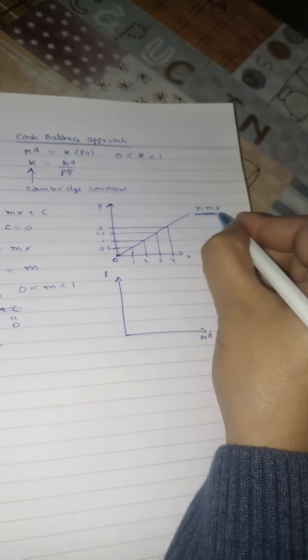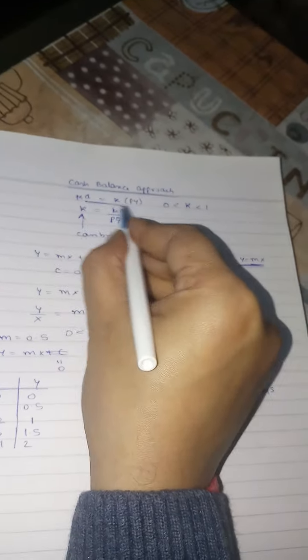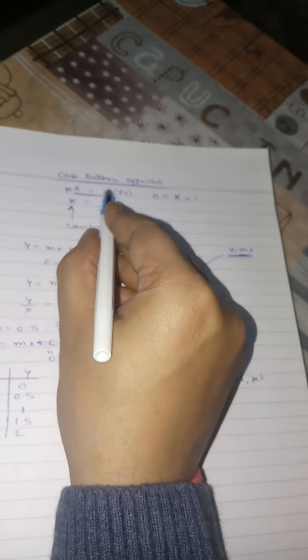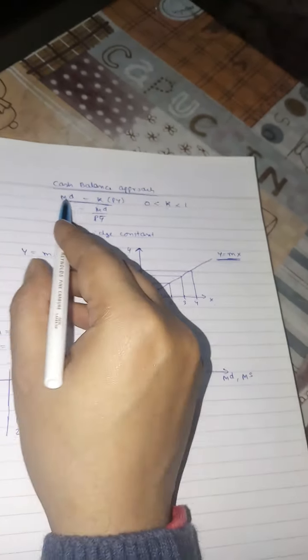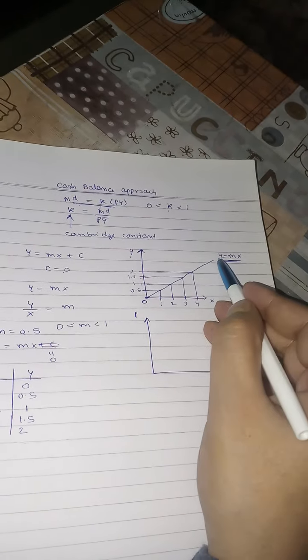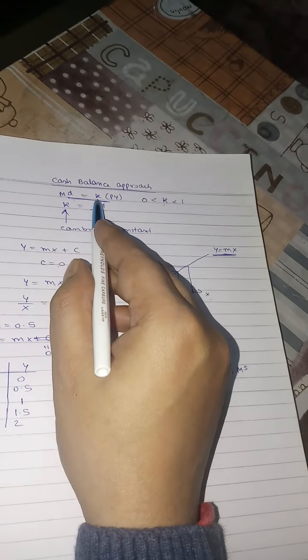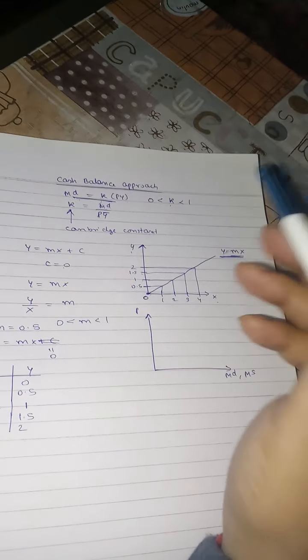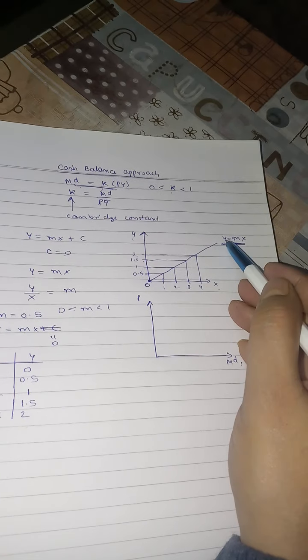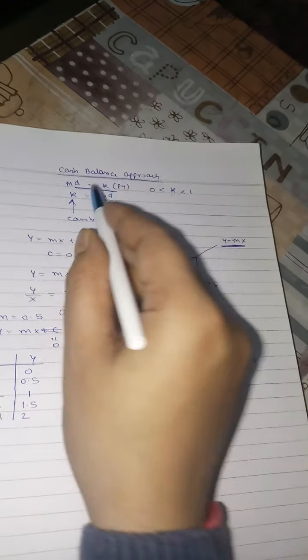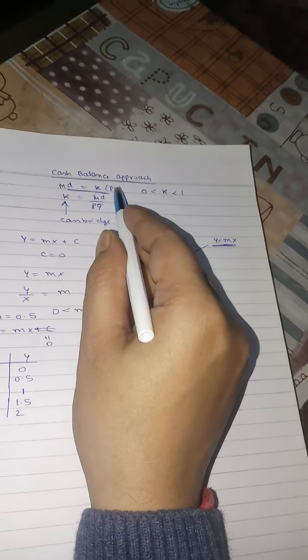Okay, so this thing I can use for this one also. This is y equal to m, and this is x given the output table. So I can draw this graph, right? Money demand I can consider to be y, or I can put it on the x-axis. It does not matter because there is a proportional relationship. I can write it both ways. Okay, y equal to mx. So m is this one and x is this one, given the output level.